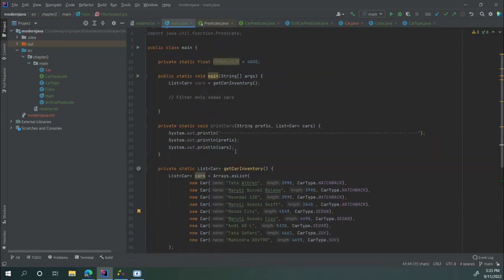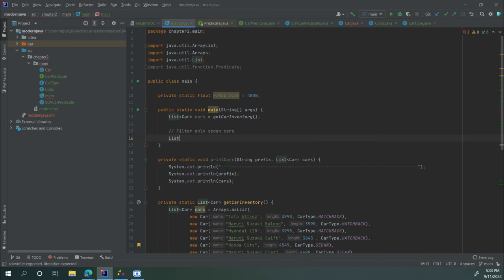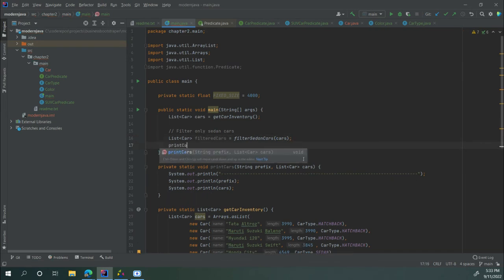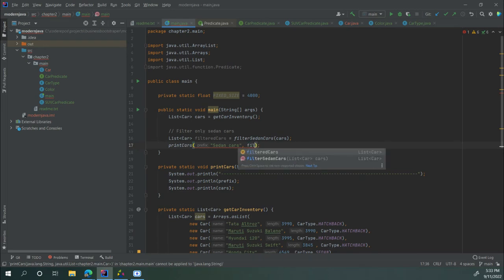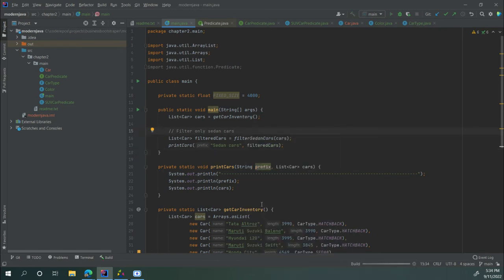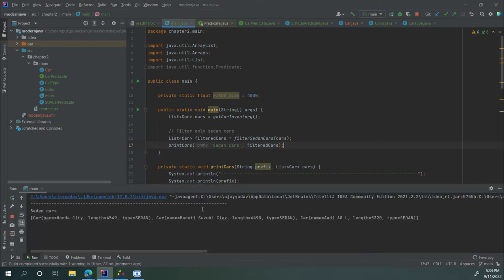Let's try our logic. We'll go to our main method. We'll get a list of Car, filteredCars, equal to filterSedanCars, and pass all the cars. We have a utility method called printCar. Here you can print the sedan cars. Let's run our code. The code is currently building. It probably takes some time for the first build. You will find all the cars that are sedans, that is the Honda City, as well as the Maruti Suzuki Ciaz,